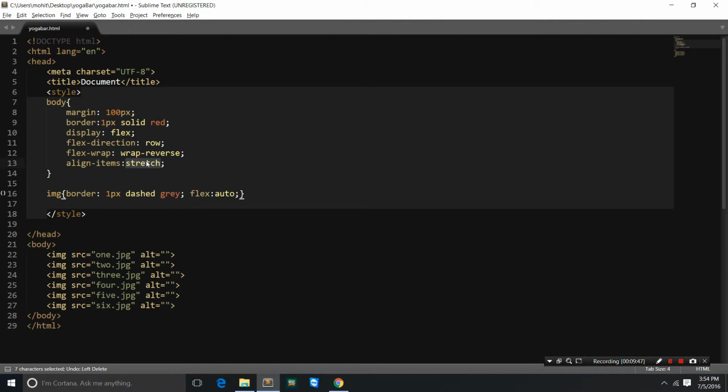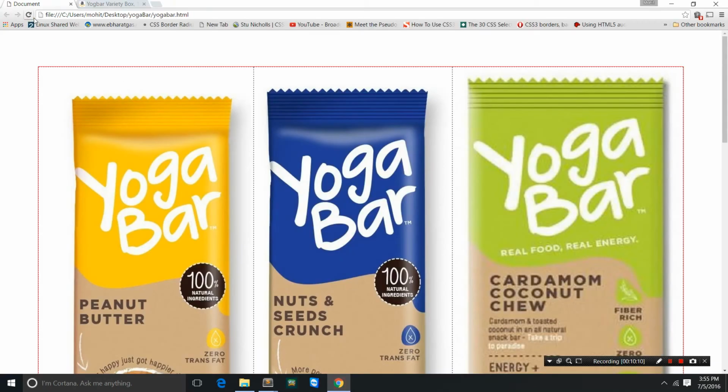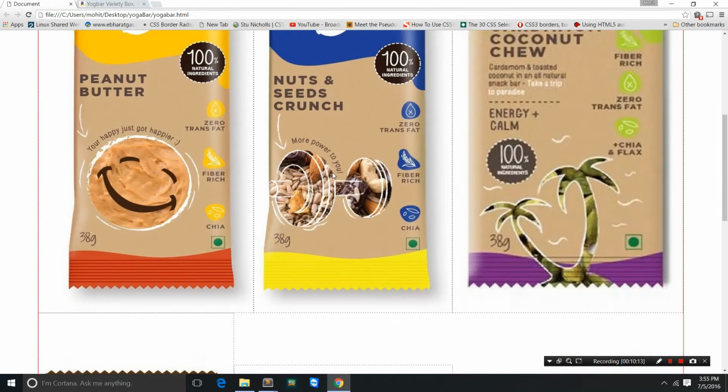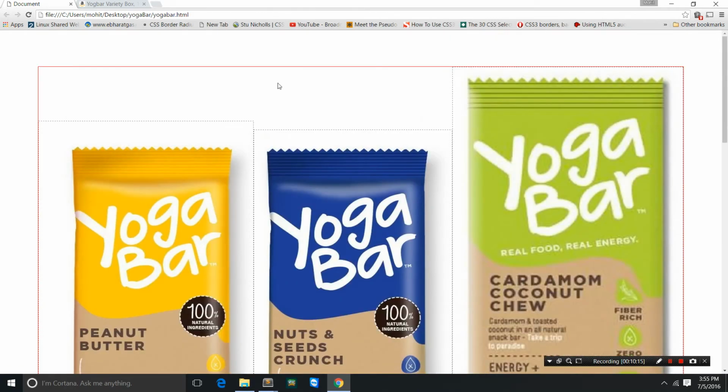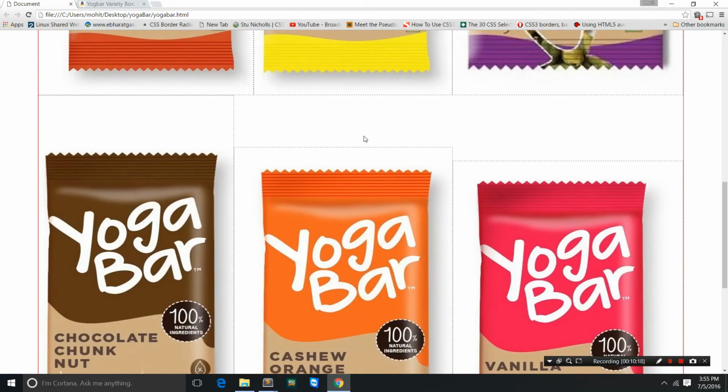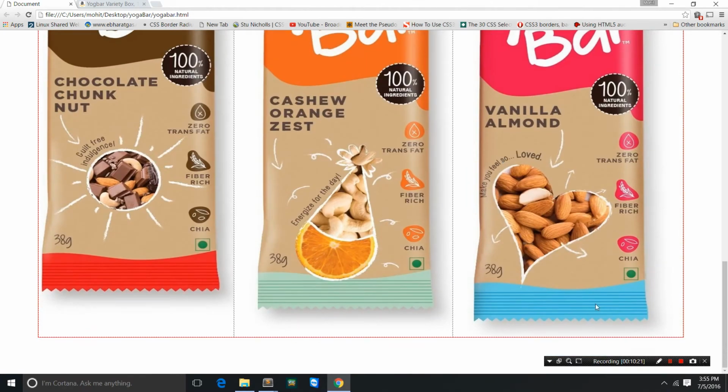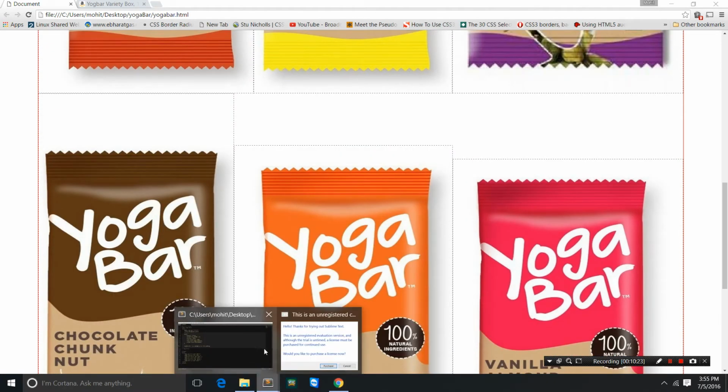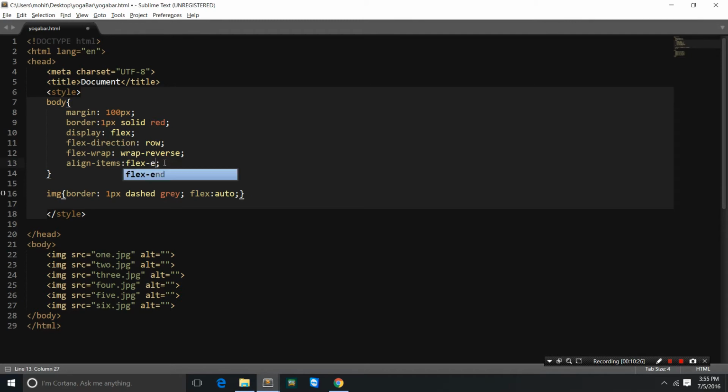We have 2 more values for align items, and they are flex start and flex end. Let me show that to you. So that's flex start. Let's see how this affects. When you say flex start, do a refresh. You see only the baselines are aligned, not the top. You see the space here, space here. The baselines are aligned. Now if I go back and say flex end,